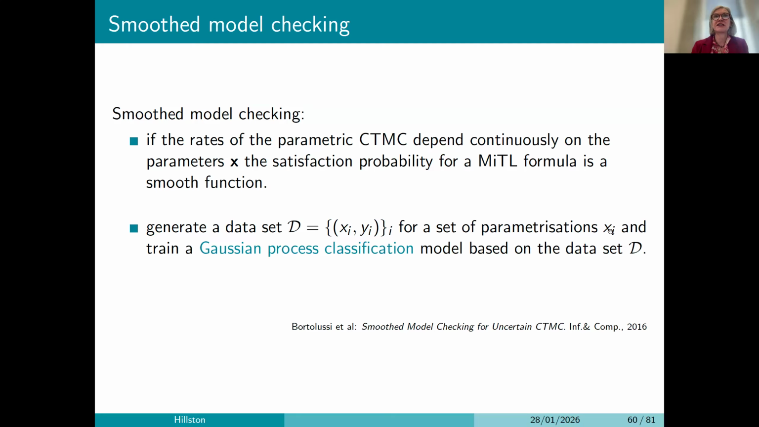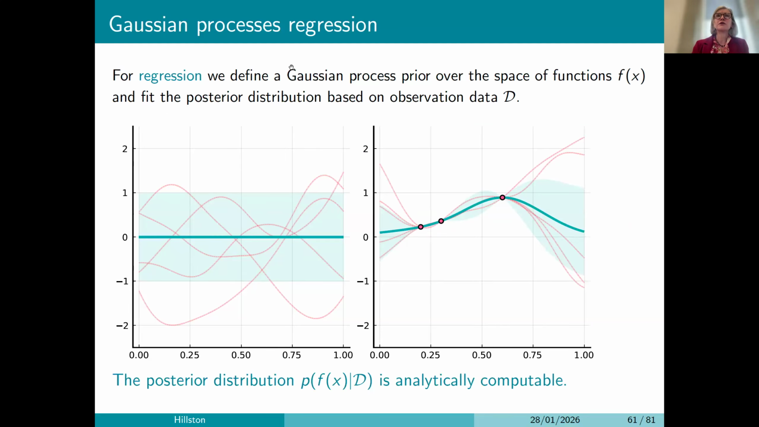So we have our parameterization xi and yi, and we use that to train a Gaussian process classification model based on the data set that we've got. So we make a set of observations, and then we get a classification model. If we were doing Gaussian process regression, we might start with a Gaussian prior. We've got a whole lot of functions in our sample space. We make some observations, and then we can reduce the posterior distribution